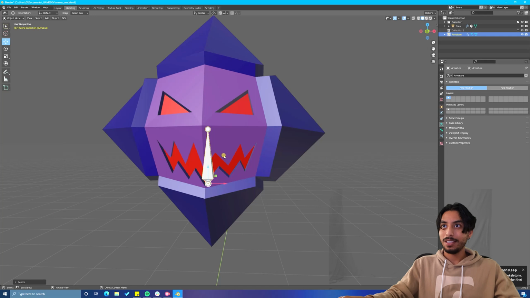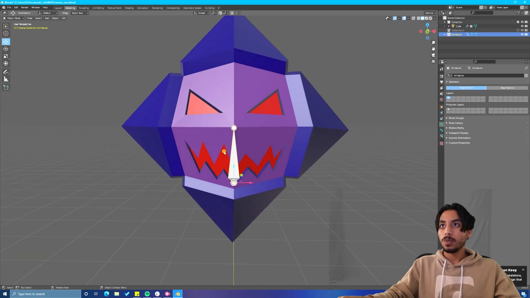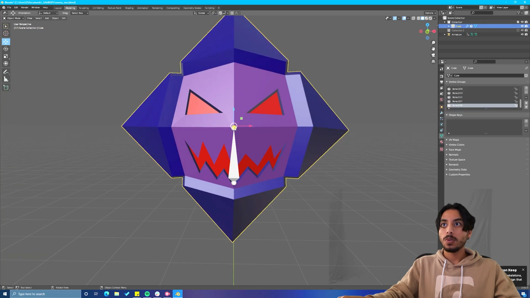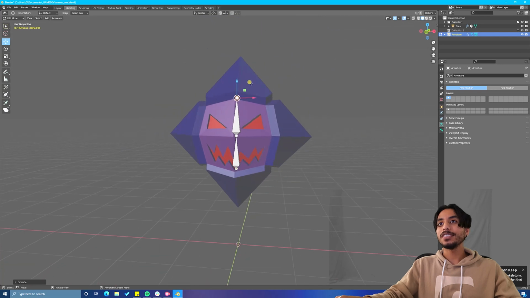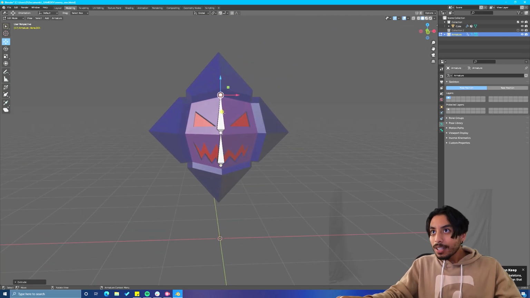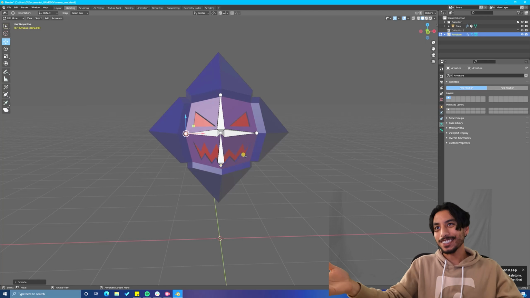Then we'll make another bone right there. I think that's good for the face. There and there. Alright, so I feel like that's a good structure for